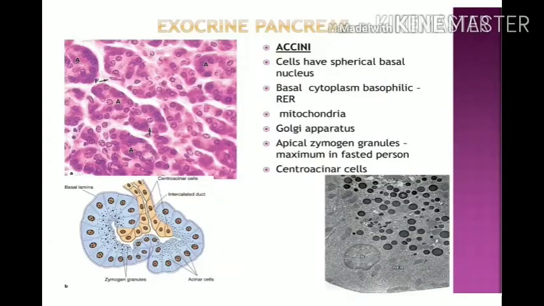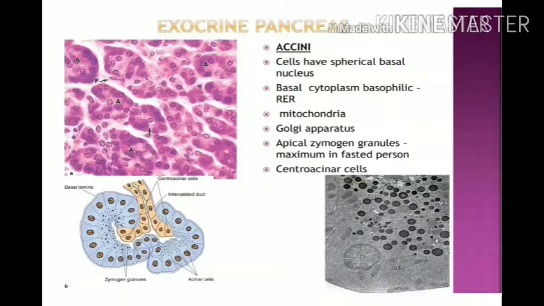First, let us have a look at how these acini cells are present, which function as the exocrine part of the pancreas. When you look at these acini, they consist of groups of pyramidal cells connected to the interlobular ducts. Each acinus is lined by pyramidal cells resting on a basement membrane. There is a lumen in the acinus which is connected to the interlobular duct.